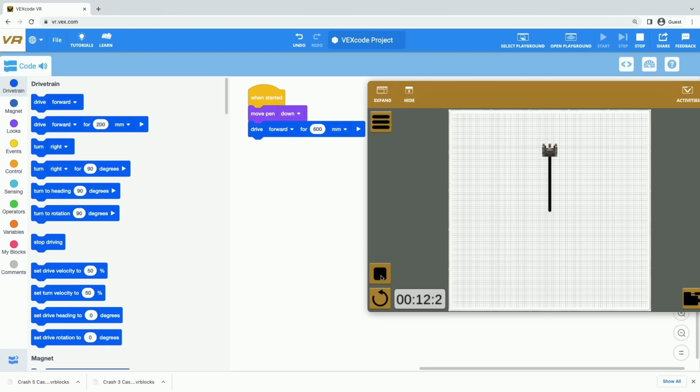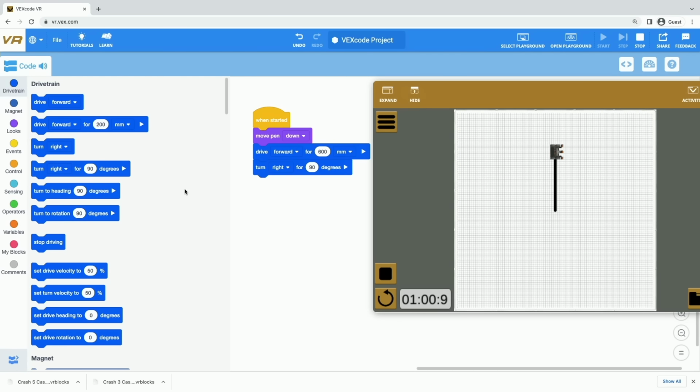So we've got our first side, but we're going to have our robot turn in order to draw the next side. So let's drag out a turn 4 block. And it's already set at 90 degrees, which would be the right angle that we needed to turn. So let's reset it and run our project. And it looks like we've gotten one side of a square, and then the robot is turned and ready to draw the next side of the square.